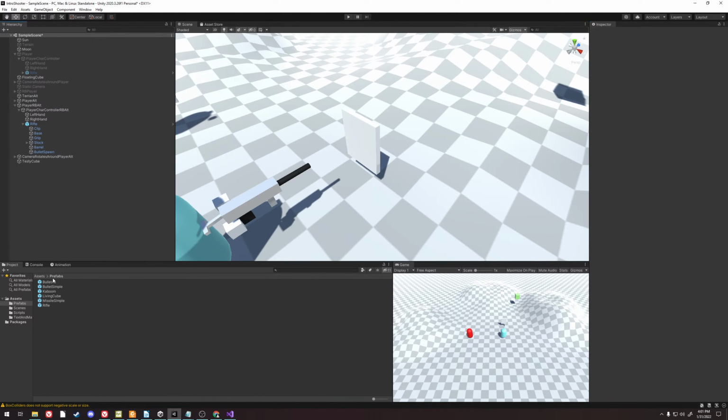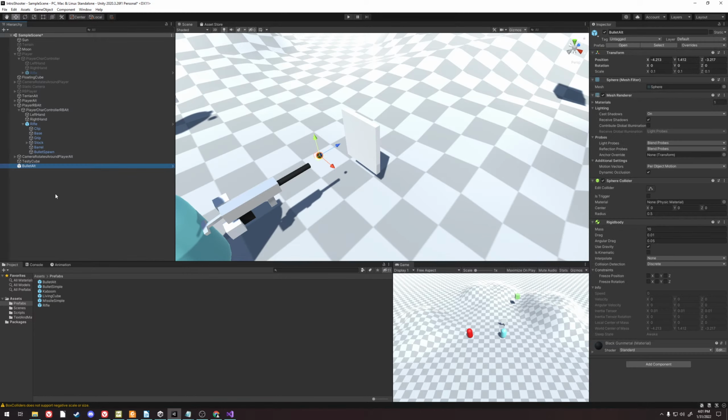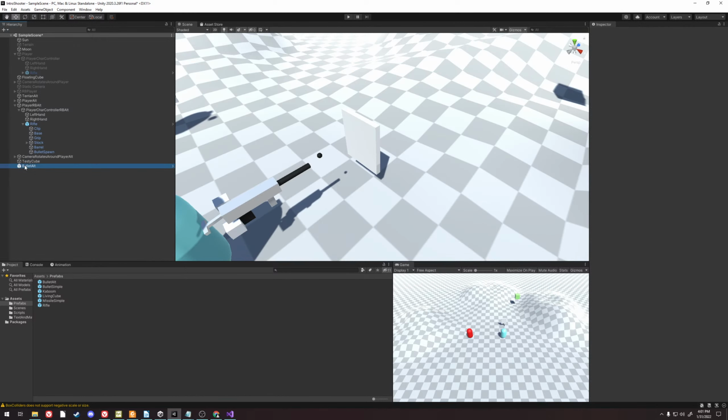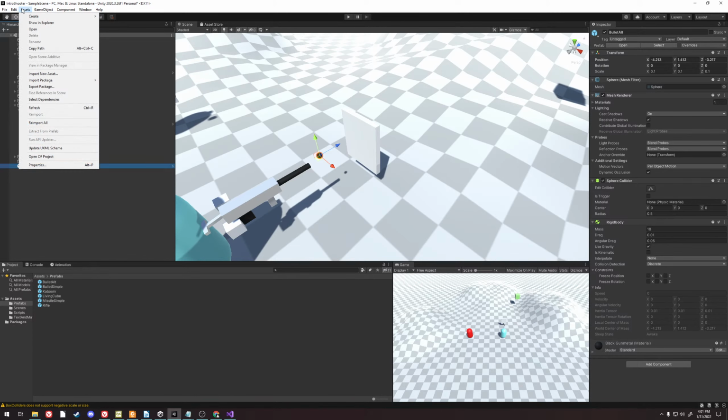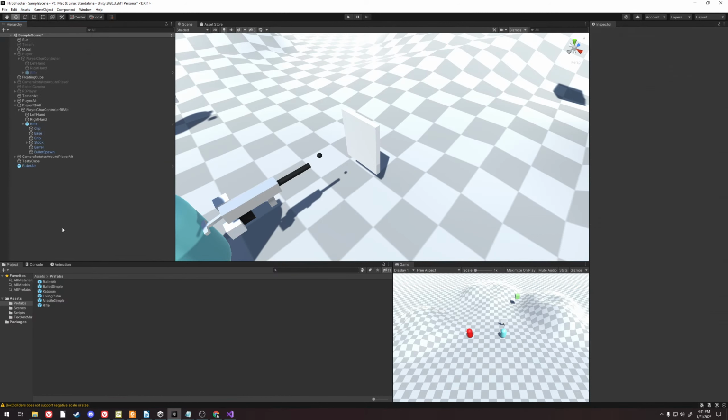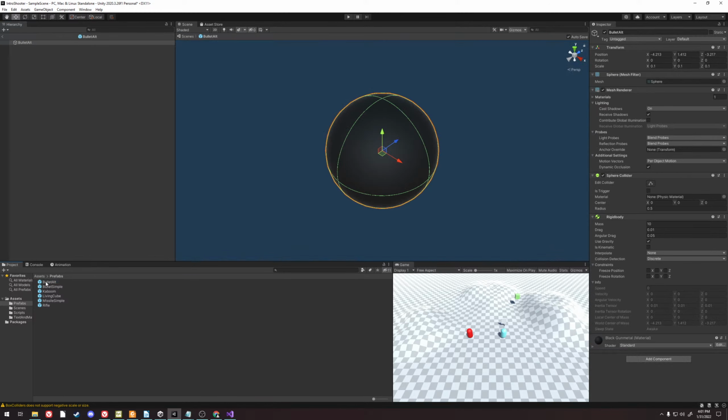Okay, so I'm going to go back to editing my bullet so that I can do something with it on collision. And I like to edit my prefabs by dragging them into the scene and then applying the changes from there. There used to be an apply to prefab button. Now it's somewhere else. But you can also edit your prefabs by going into that secret menu thing here. So I don't know, let's do it from here for now because I don't remember where the apply changes to